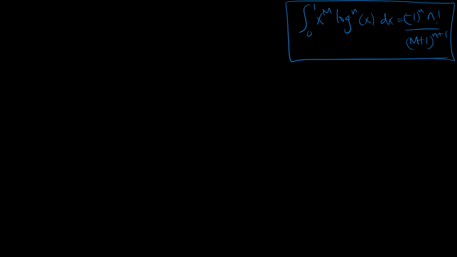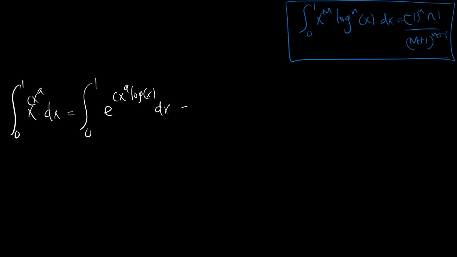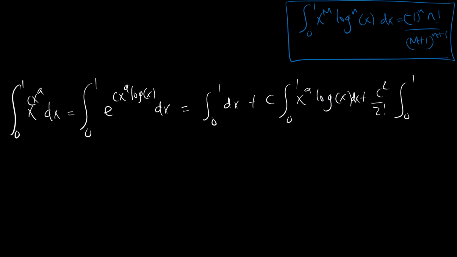Such that, having known that, our problem, the integral from 0 to 1 of x to the c x to the power a dx, is equal to the integral from 0 to 1 of e to the power c x a log of x, this being equal to the integral from 0 to 1 of dx, plus c times the integral from 0 to 1 of x to the a log to the 1 of x, plus c squared over 2 factorial, the integral from 0 to 1 of x to the power 2a log squared of x, plus c cubed over 3 factorial, the integral from 0 to 1 of x to the power 3a log cubed of x,